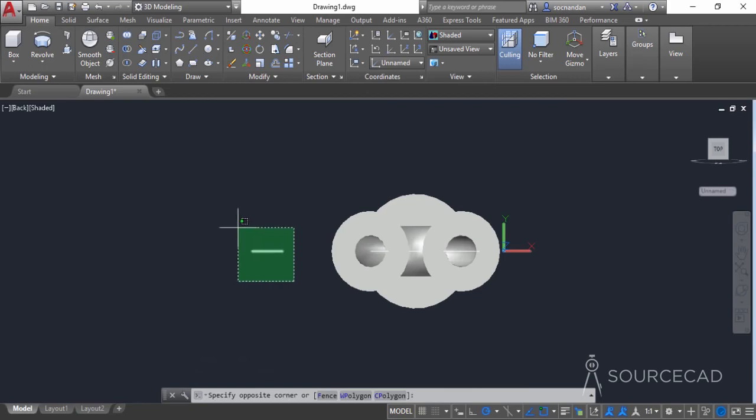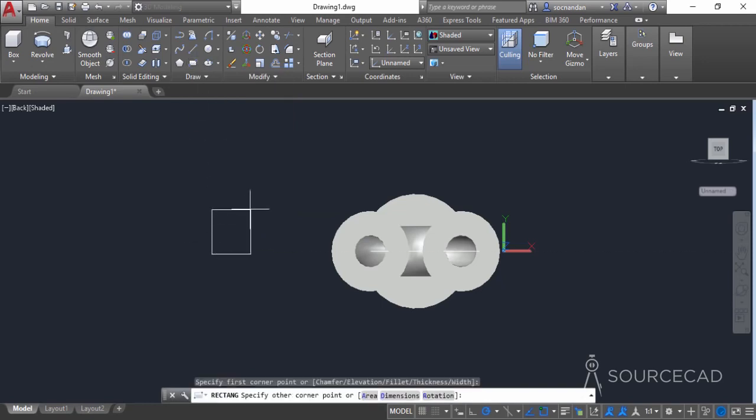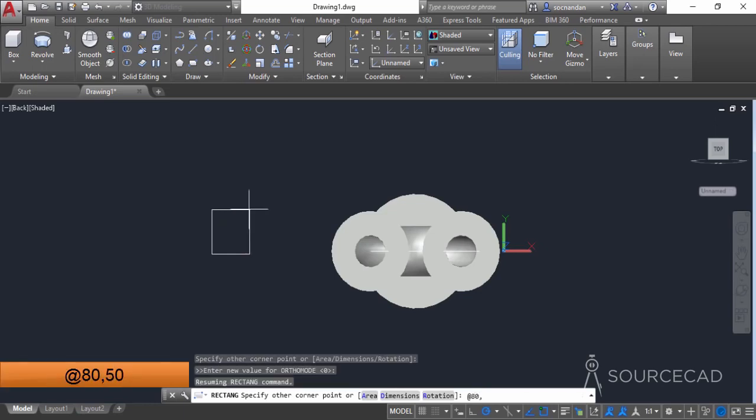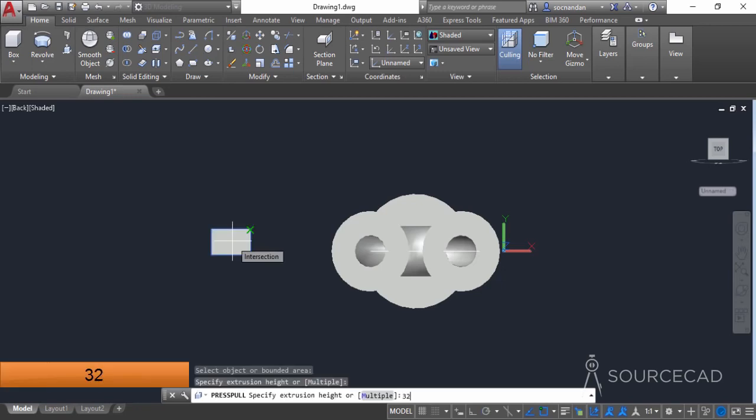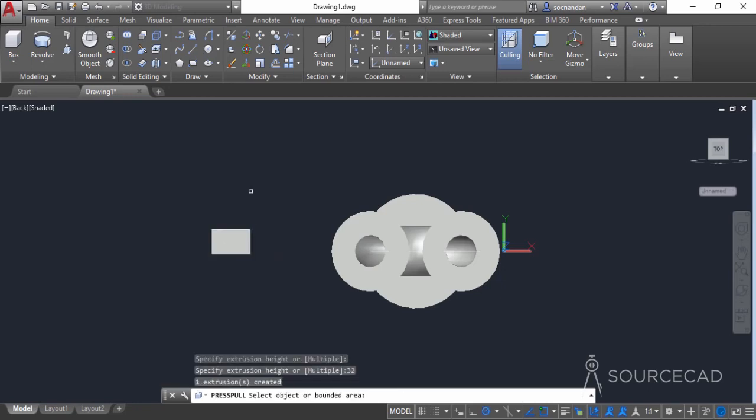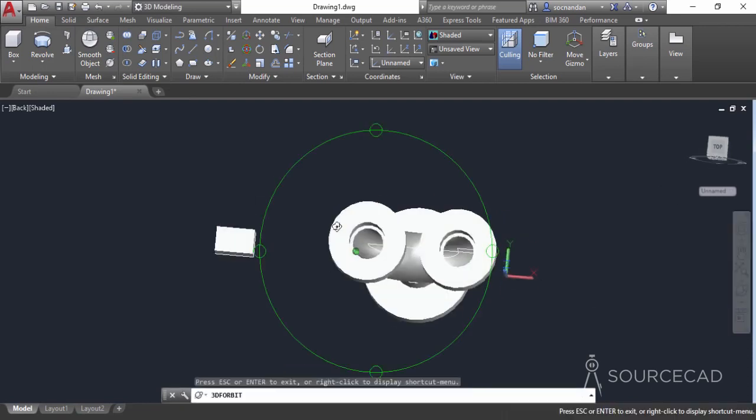Now we can erase this geometry, it is not required, and now go to this draw panel and select the rectangle tool. Now click at this point and make a rectangle with length 80 units. So for that I'll type at 80 and then a width of 50 units and press enter. Now go to the press pull tool and enter a height of 32 units and press enter. Now press enter again to exit the press pull tool and now orbit this drawing a little bit